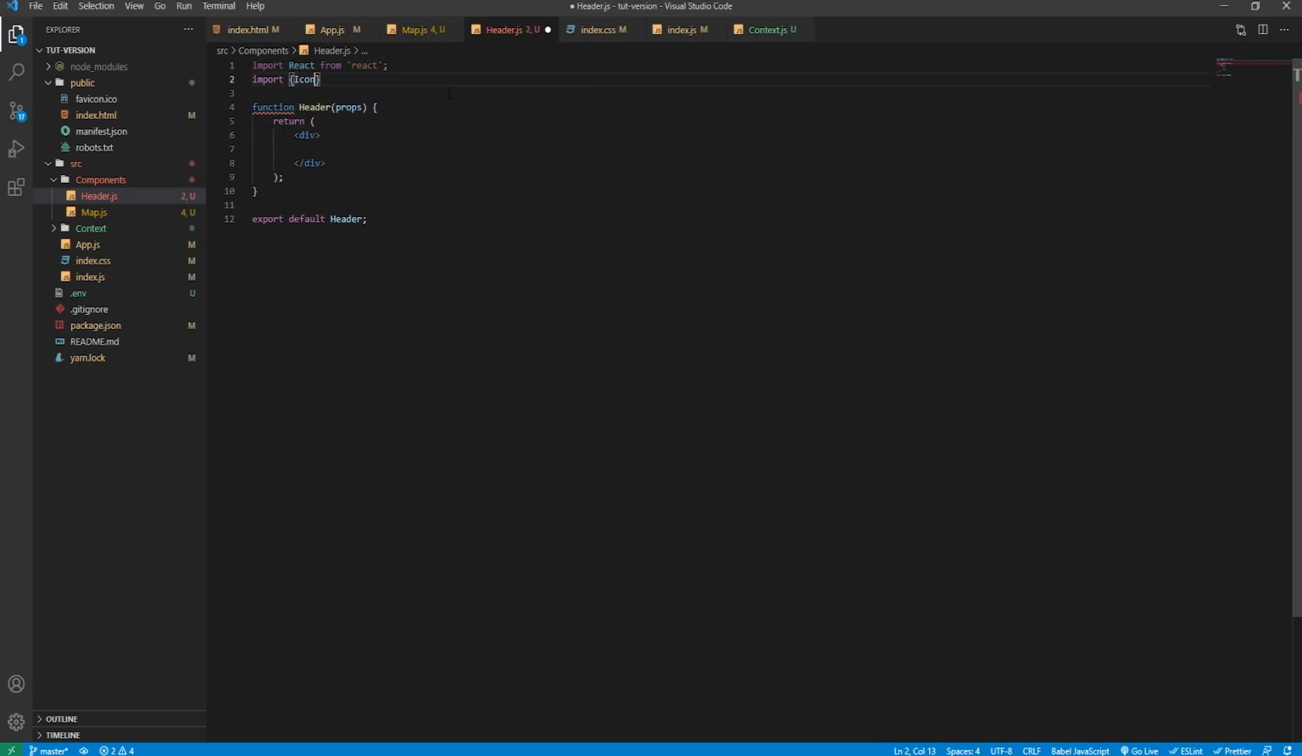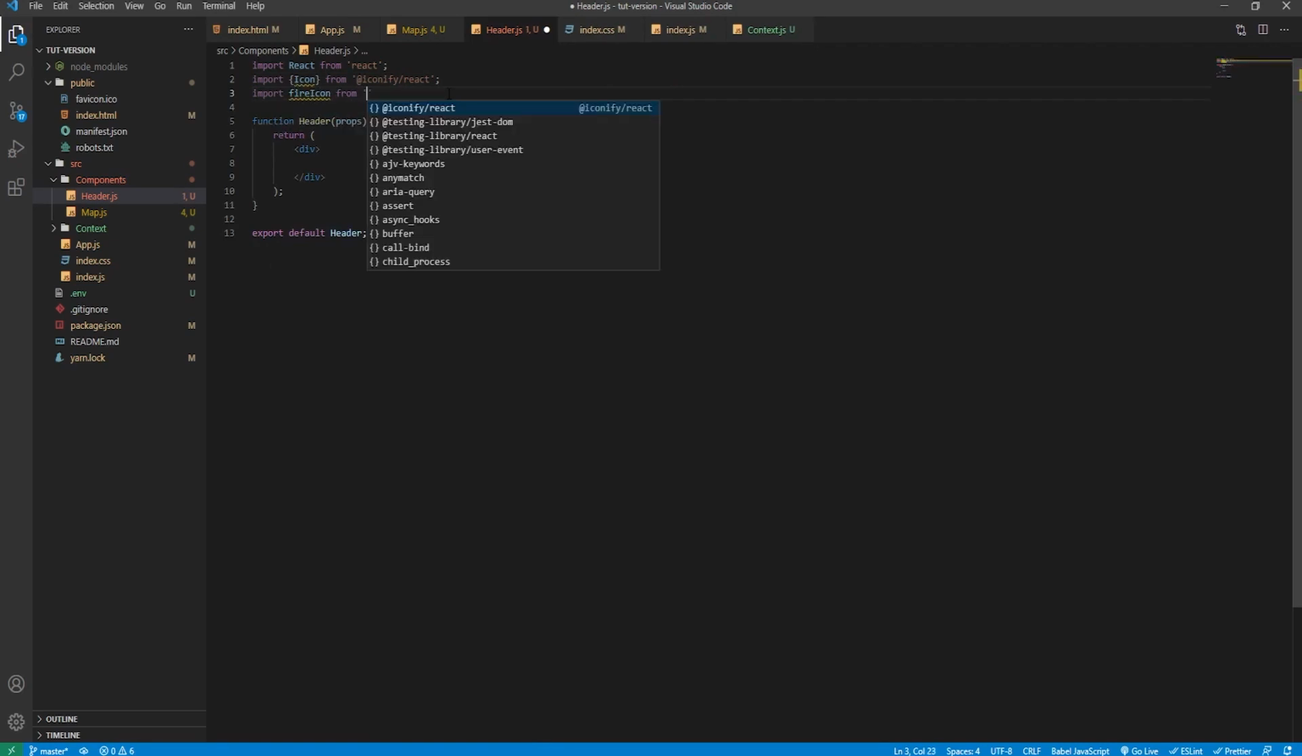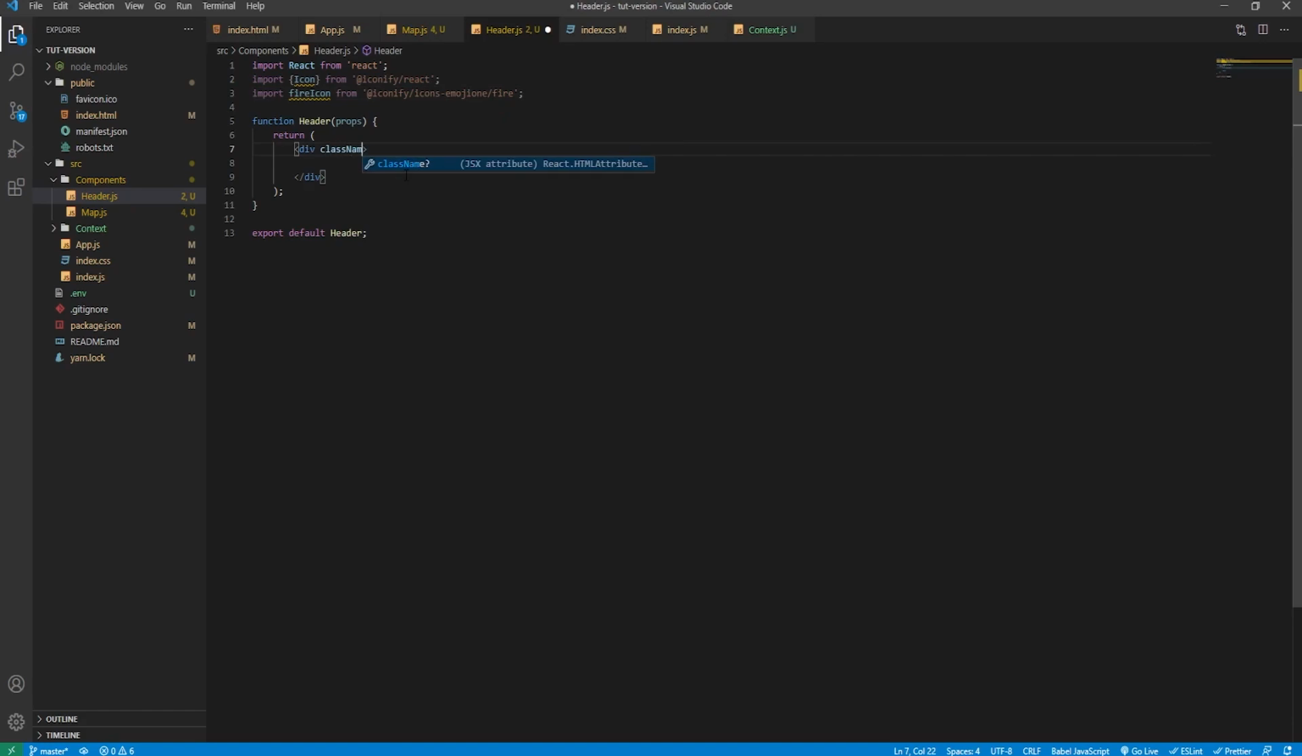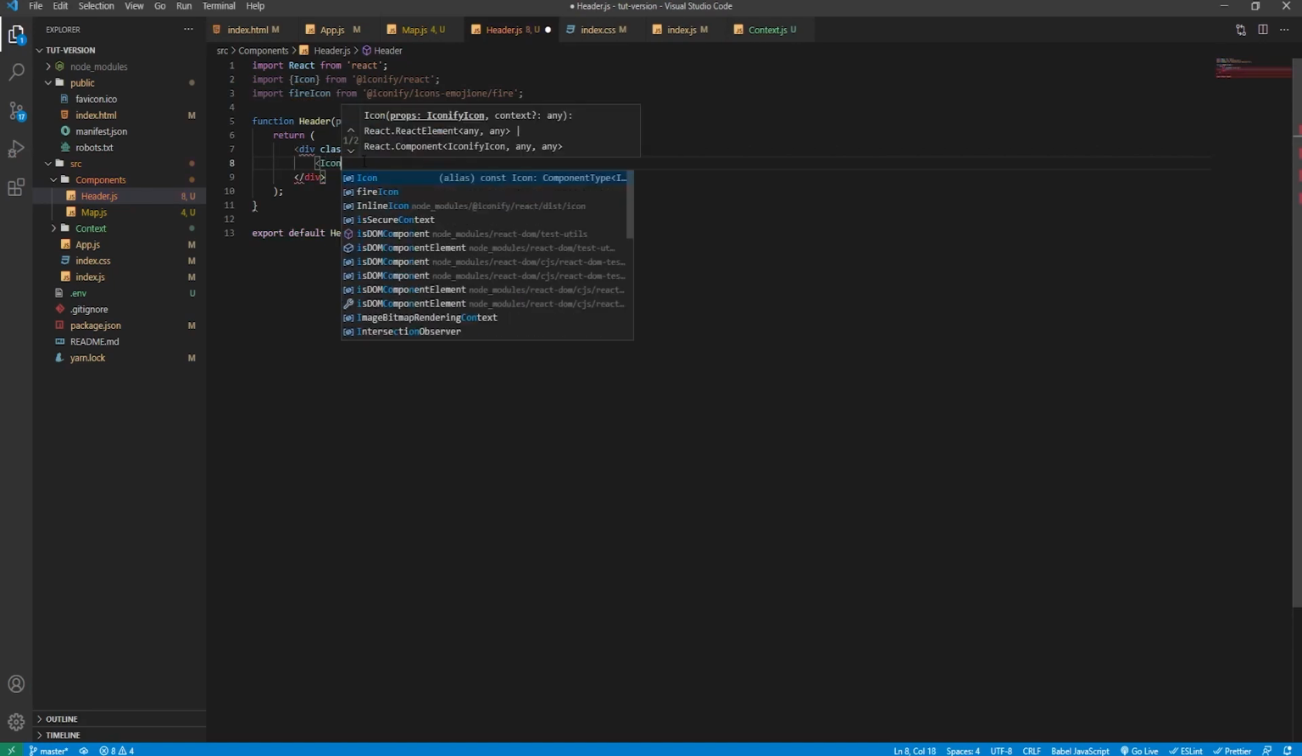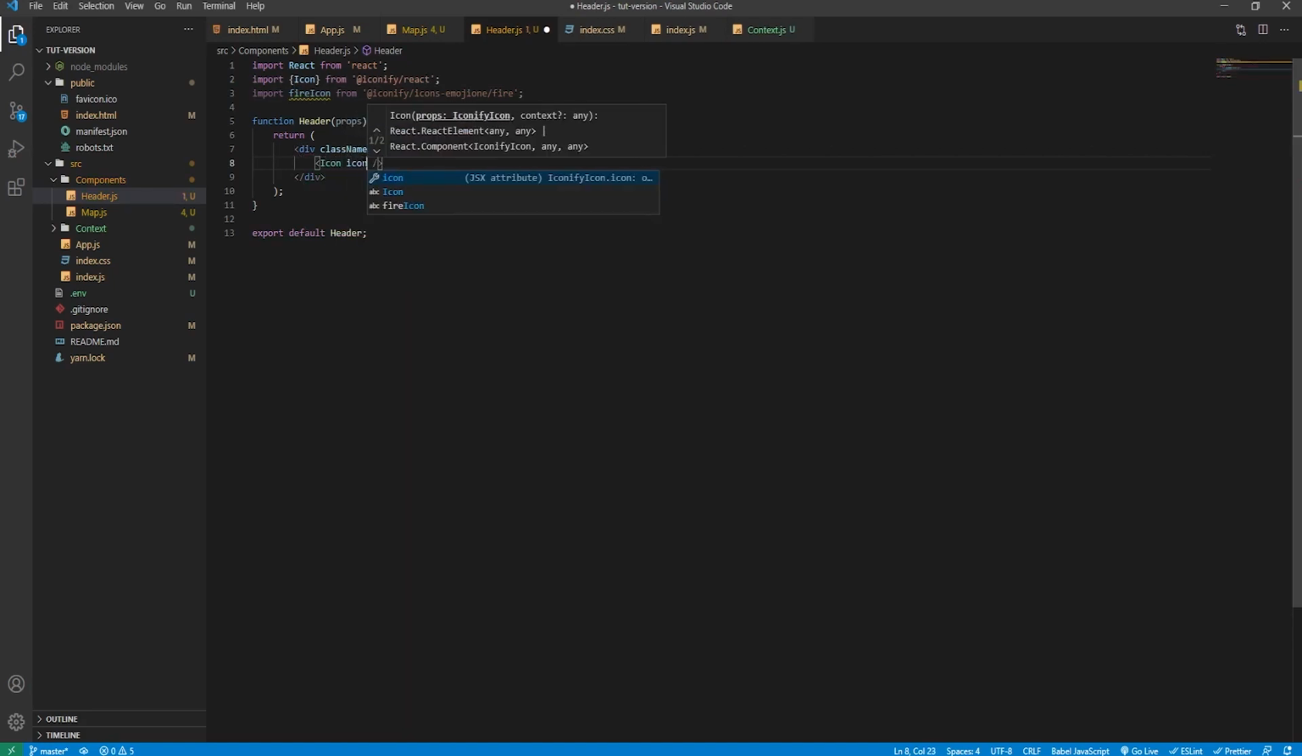So we'll say import Icon from, remember the Iconify React dependency, not the emoji one. This will give us access to the actual component that we need, and then for the stylized icon, it will be from that Emoji One. So we'll say @iconify/icons-emojione, and then the specific icon will be fire like so. And now we will say return, we'll give this a className of header-bar, and then inside we will have Icon, and then this icon property will be fireIcon like so, and then after this we'll say extremes, this will be the text,